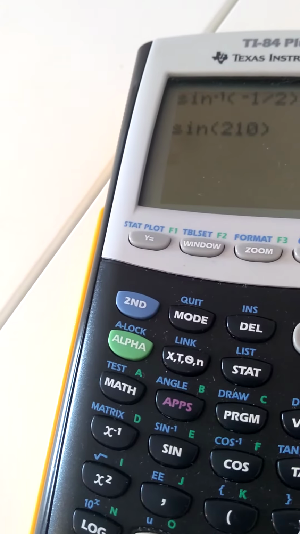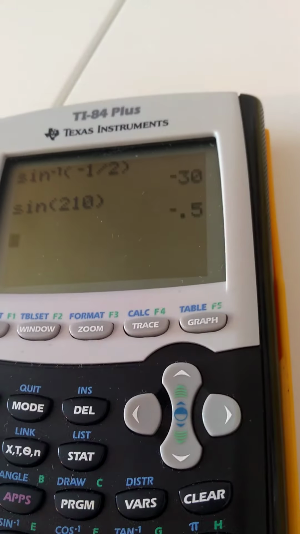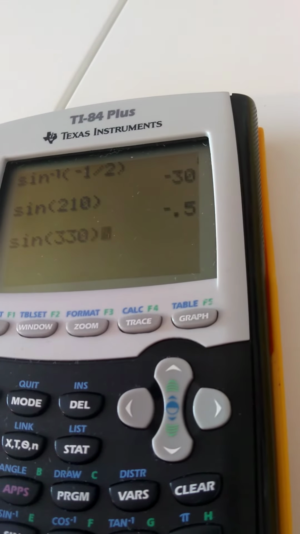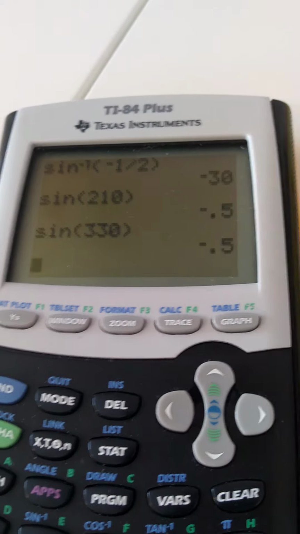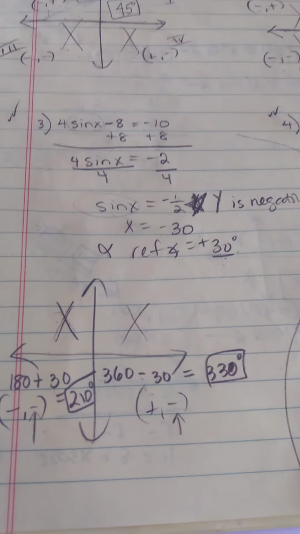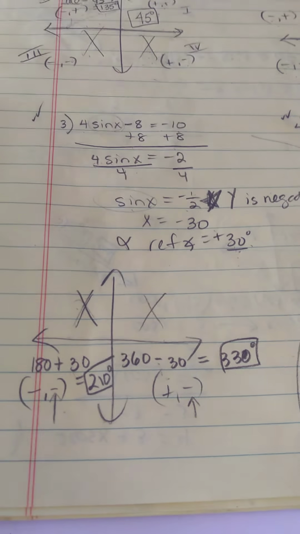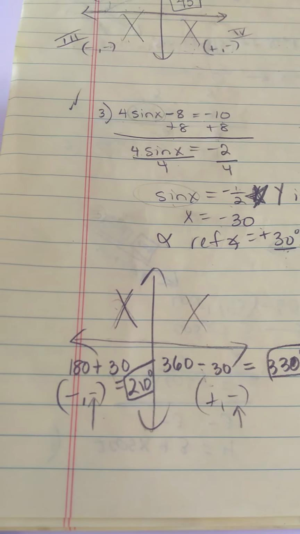Look at that, -1/2. We did it correctly. And if you type in the sine of 330, look at that, -1/2. Okay. So then our last one. Our last one is a cosine equation